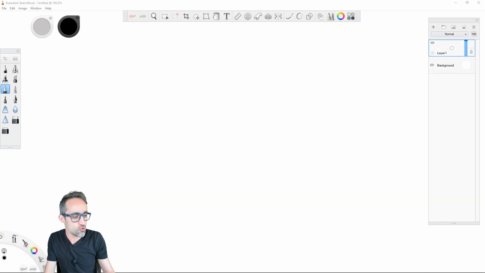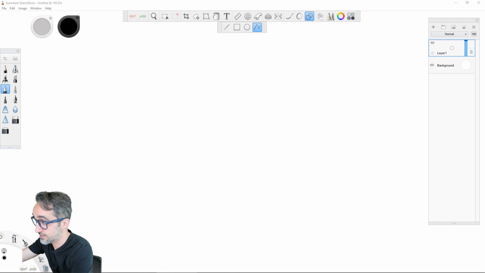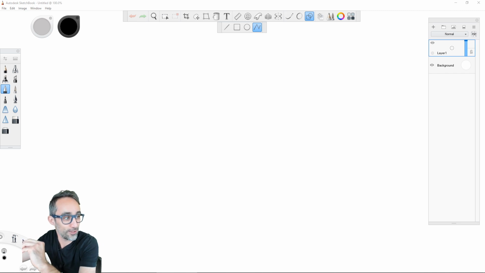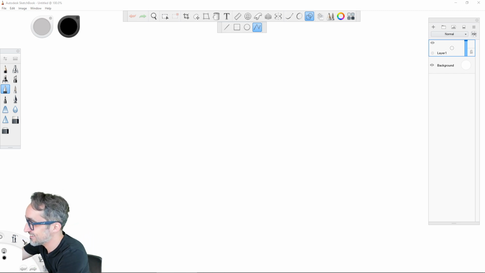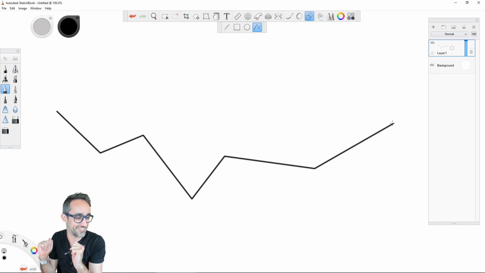Okay, so I'm going to draw a sketch. I'm still learning how to use this thing, so forgive me, but now I learned from this morning how to draw polylines, okay? So I'm going to do this, and this, and this, and this, and this, and this. Oh, that's a very long polyline, sorry. Now, this one, this one, this one, this one, and this one. Okay. Nice. Much better than this morning, huh?